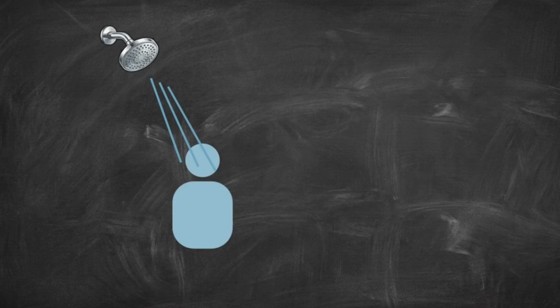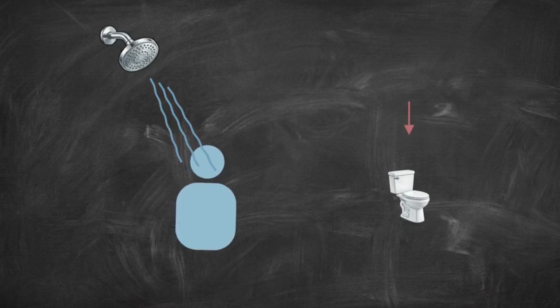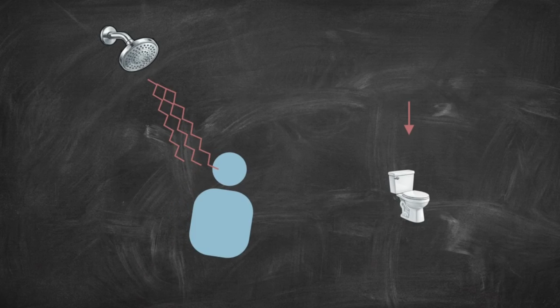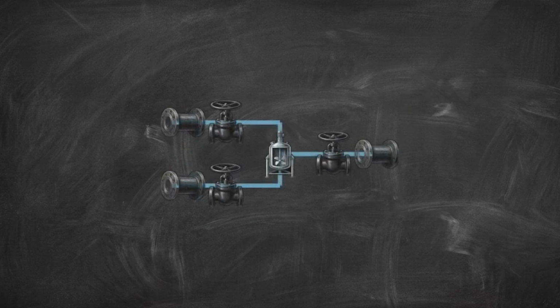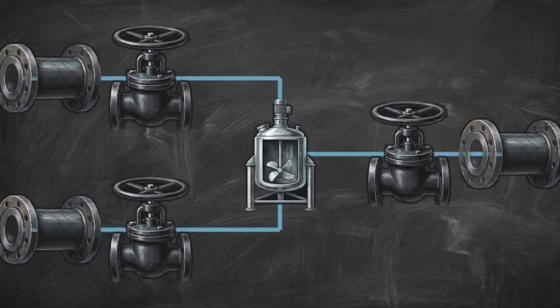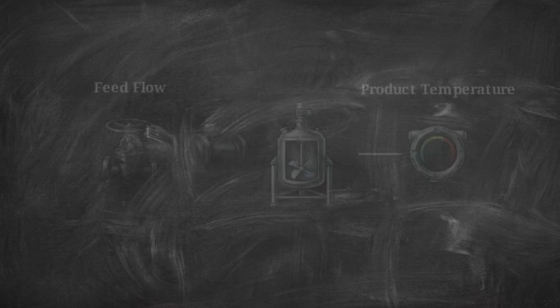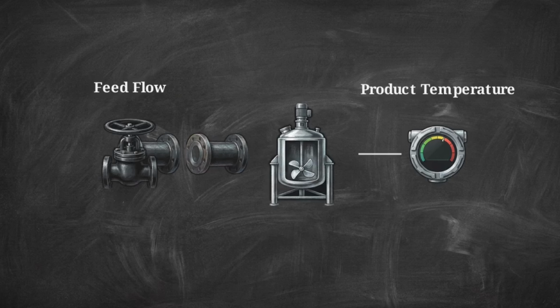Imagine you're taking a comfortable shower and someone flushes a nearby toilet. Suddenly, the water pressure drops and you're hit with scalding water. In industrial process control, the same crosstalk happens. If you adjust a continuous stirred tank reactor's feed flow rate to fix the product concentration, you'll often inadvertently alter